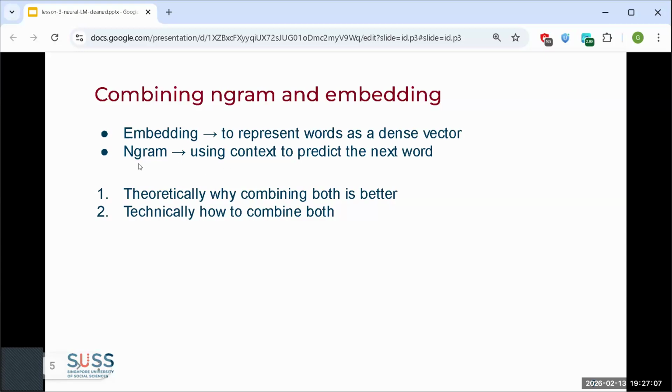As mentioned, these two are tools. So embeddings and n-grams are tools. Theoretically, you can combine them and use them, or you can use them separately. The point is to understand that these are all tools, and when you're experimenting on a model,